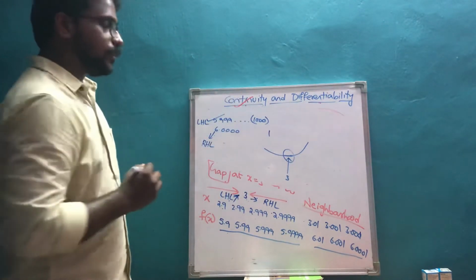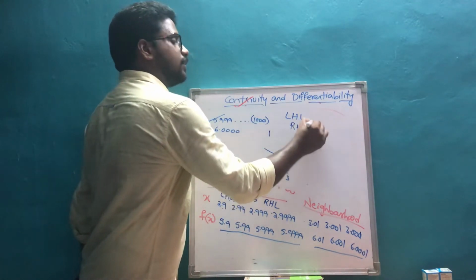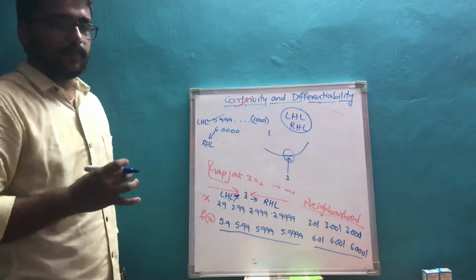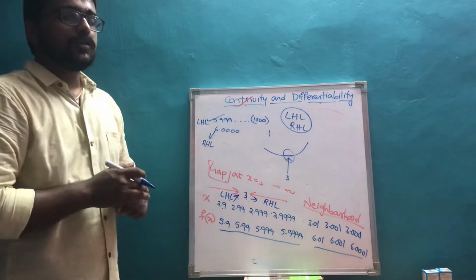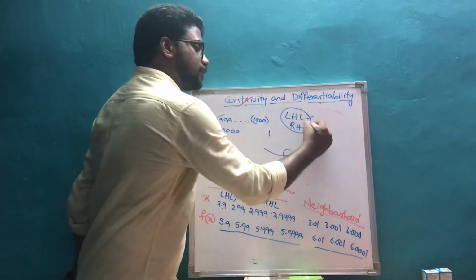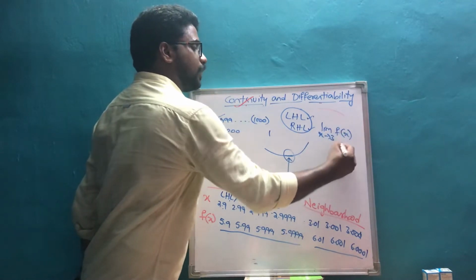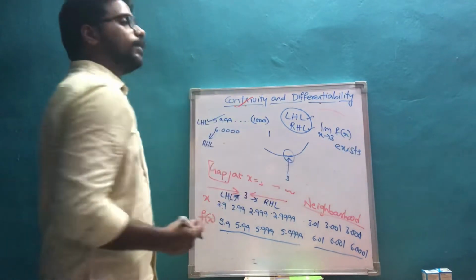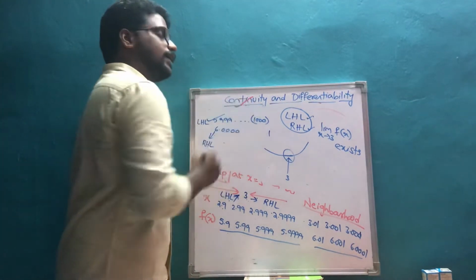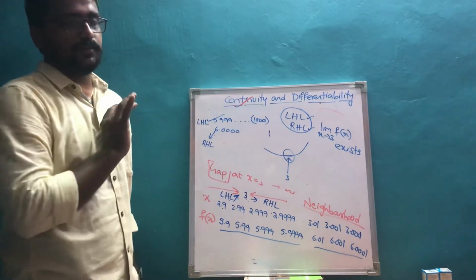Bridging this gap is nothing but finding the LHL of a function and RHL of a function, checking at these two particular points whether the values are equal or not. This is not a new thing to us. We already did this in our class 11 itself. But there, if these two exist, for example the limit as x tends to 3 of f of x exists, we used to say. But now we are changing the terminology, and we are saying that if LHL is equal to RHL, then the function is continuous.